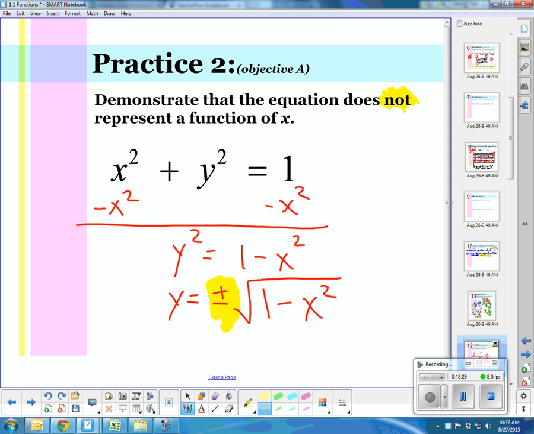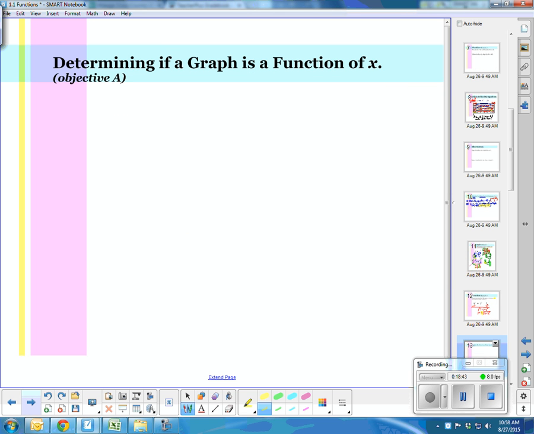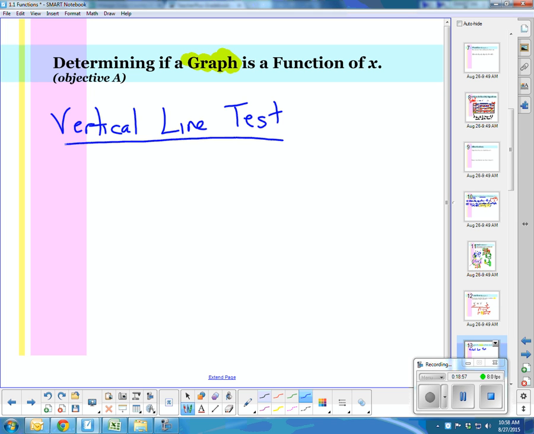So far, we've covered determining if a relation is a function from pairs, and determining if an equation is a function. The last thing is to determine if the graph is a function. Just about everybody's seen this before, and this is where we use the vertical line test. The vertical line test says, if a vertical line